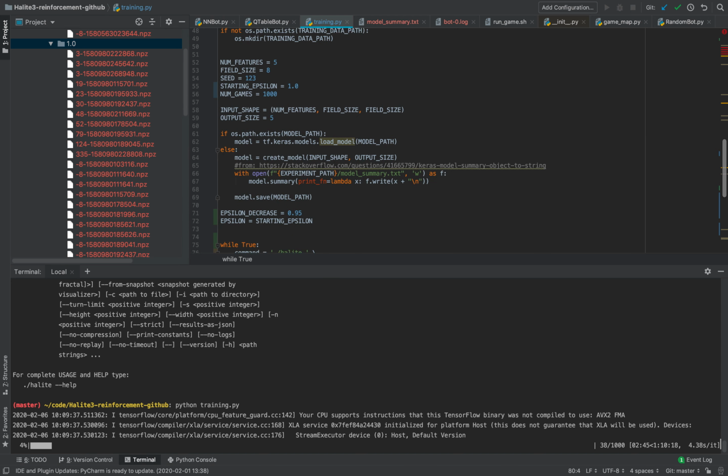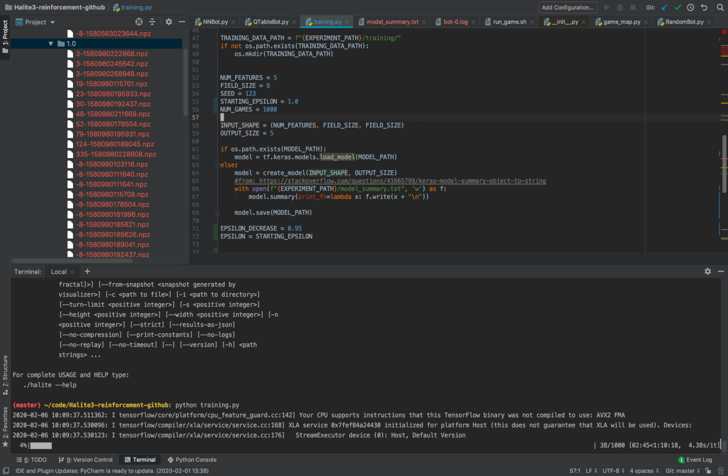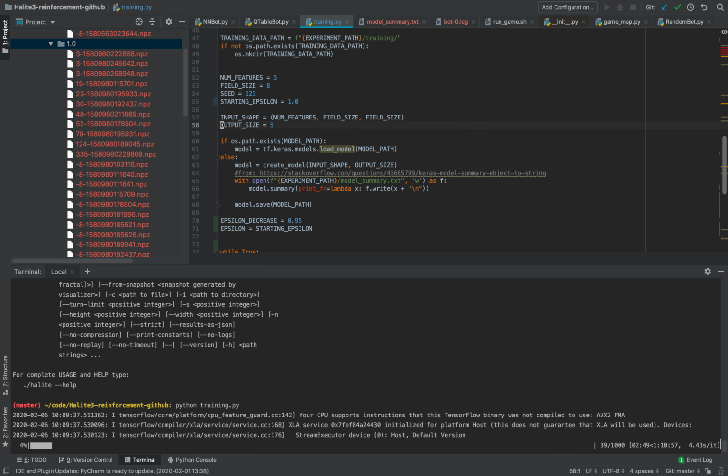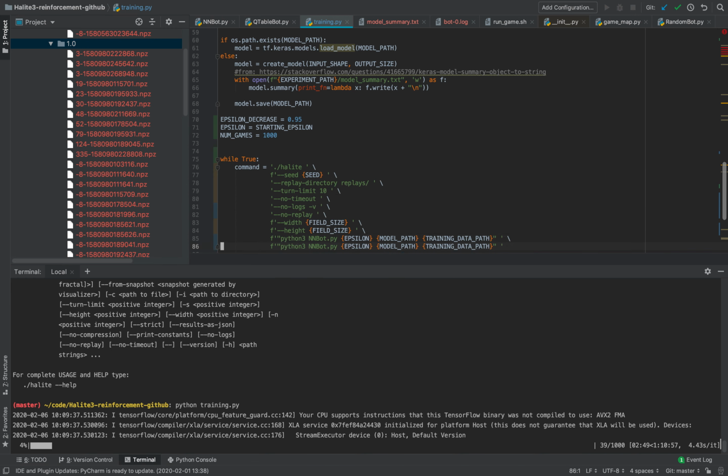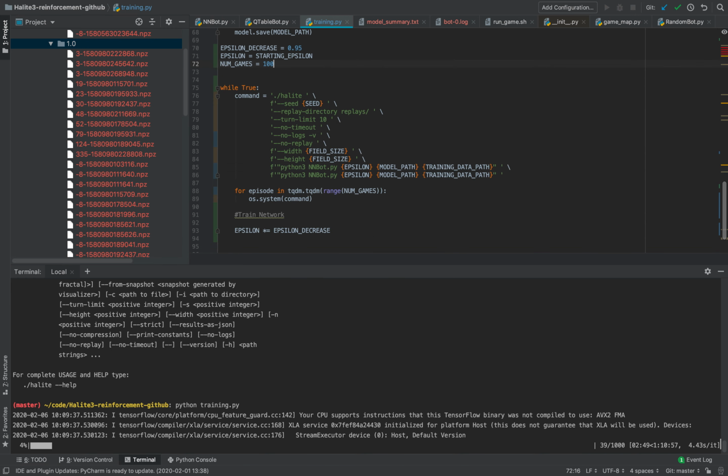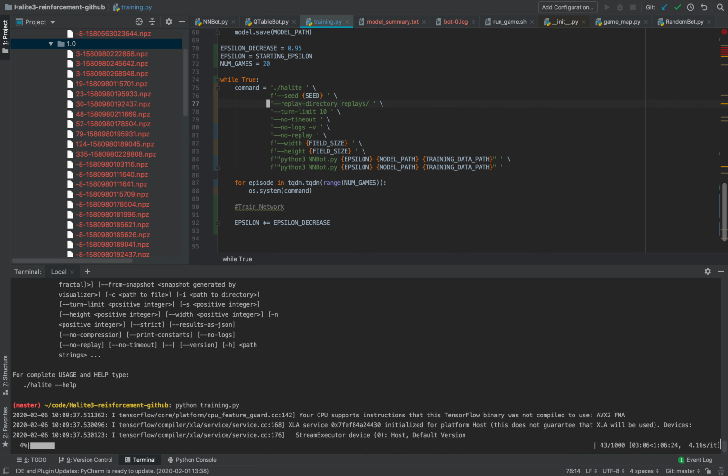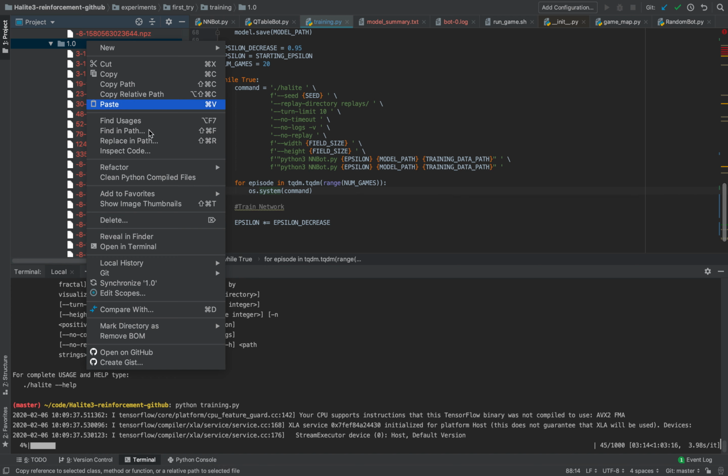Is this how we want to do it? Let me get the num games parameter down. In each epoch, I think, since we have 20 samples per game, let's make it 20, I don't know, something like this. And then, okay, we do this OS system command. We can also do this in parallel depending on how many cores we have. And then